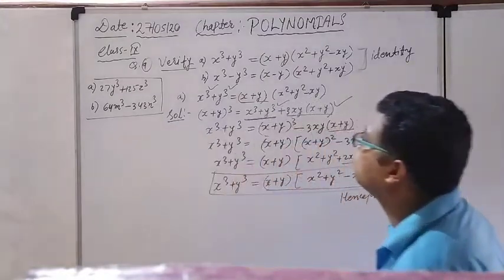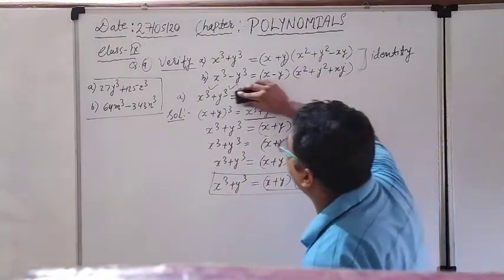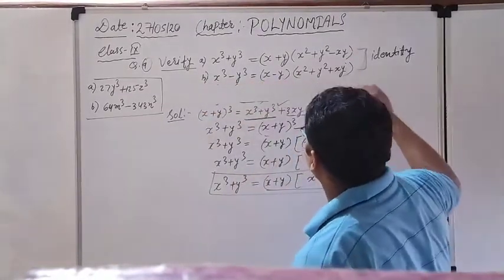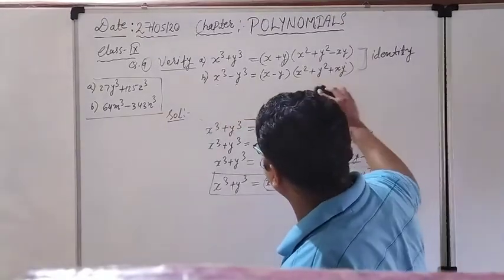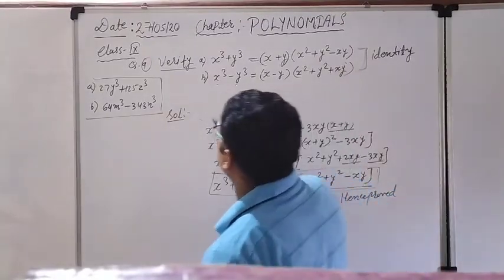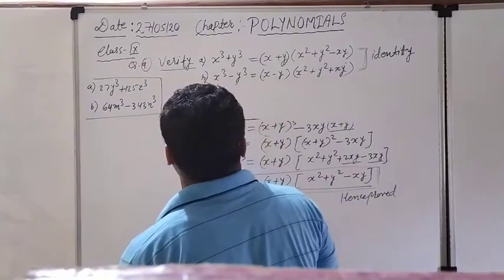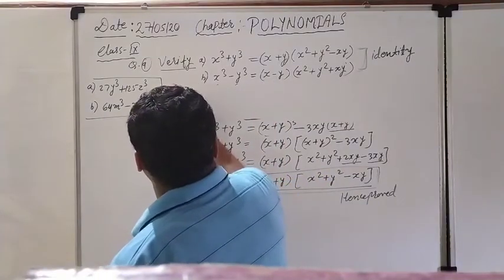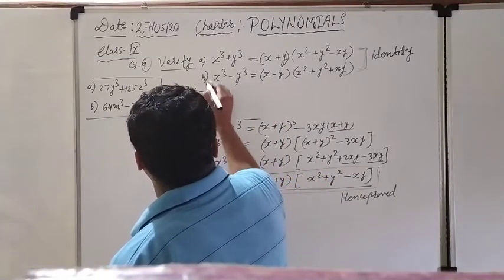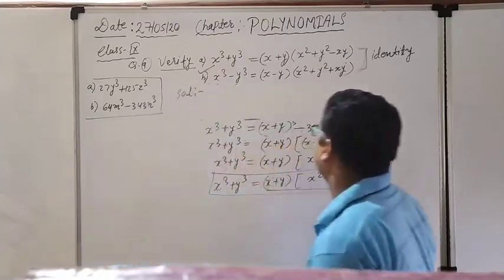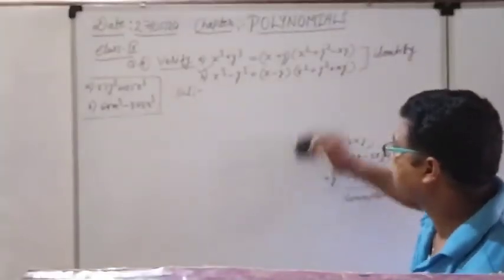Right now we are moving towards the B. The solution is also going to change. Look here. What is the B question? B is written there directly. No need to solve. The question is already written there. We are going to solve the B question. Right now see the solution.